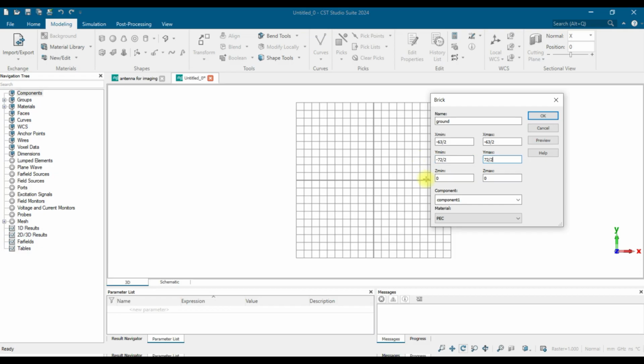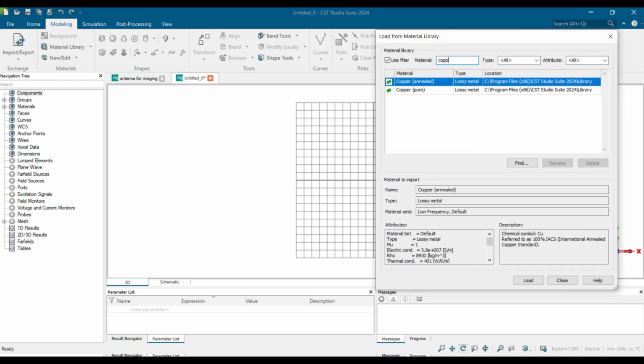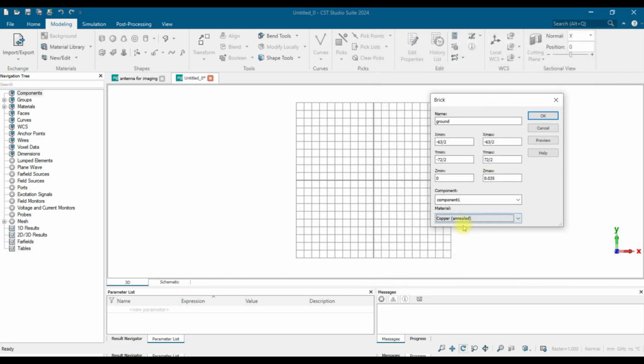So this is the y value, and I use copper. So the standard thickness is 0.035, and the material I go with is copper, as I mentioned. So copper annealed, so load it. So it's a conducting plane. So this is the spec, and just click on preview,